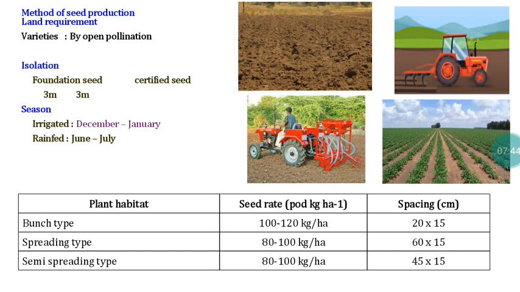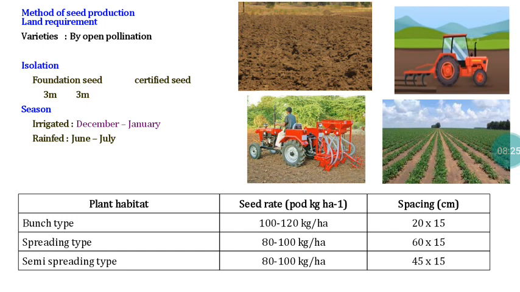To overcome that problem, better we take up sowing in the month of December, January for irrigated crops. If it is a rain-fed crop, we have to take up sowing in the month of June, July. If sowing is delayed, definitely the crop maturity will coincide with the northeast monsoon rainfall, particularly in Tamil Nadu. In the first week or first fortnight of November, we can expect rain in Tamil Nadu. So we have to keep all those points in mind and accordingly take up sowing. That is the thing with reference to the season for groundnut cultivation.